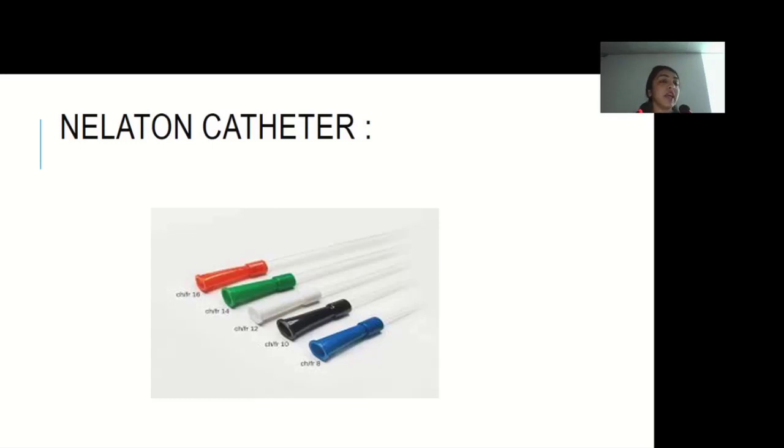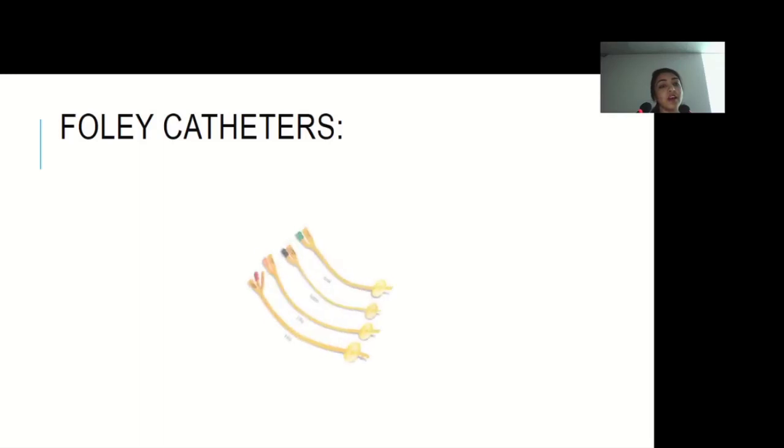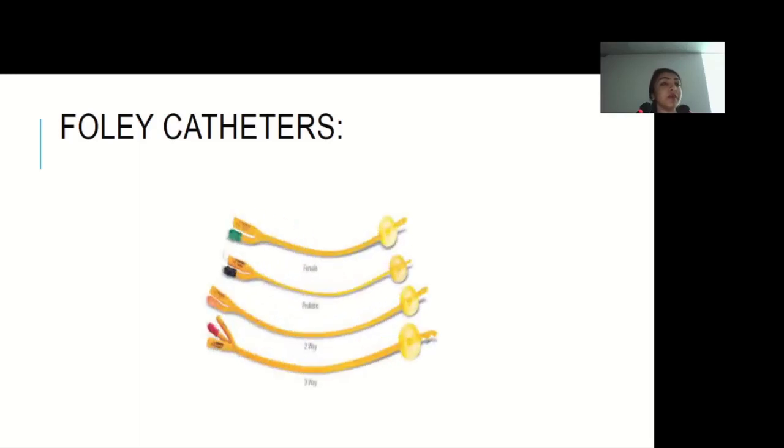Where do we use the Malecot catheter? Have you seen a Nelaton catheter being placed as a percutaneous nephrostomy? No. We place one post PCNL, right? For post PCNL drainage, we put in the Nelaton tube. What about a Foley's catheter? Has anyone seen a Foley's catheter being placed as a percutaneous nephrostomy? Fahad.